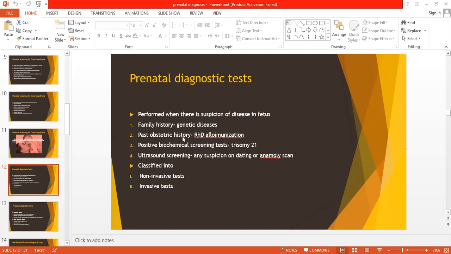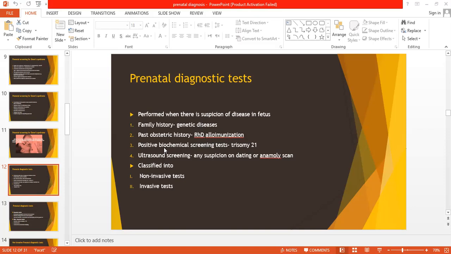Then you have to diagnose this fetus earlier on, and the first thing that needs to be diagnosed is the blood group of the baby. ठीक है, for that you need the diagnostic tests. Diagnostic tests require fetal karyotyping, fetal genetic analysis. ठीक है,